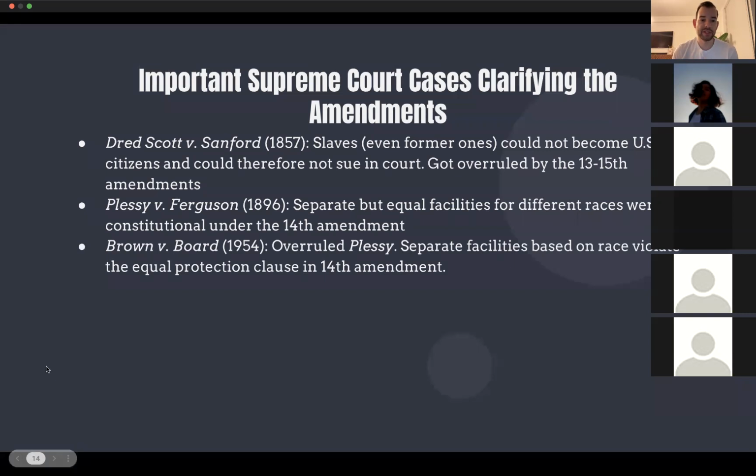That got overruled famously in Brown versus the Board in 1954. This decision says that separate facilities based on race can never be equal. It was a school decision. A young girl named Linda Brown lived right next to an elementary school that was for whites only. She was forced to take a bus miles away to go to a school that was for blacks only. Her mother, her father, and the NAACP, including famously Thurgood Marshall, who was an attorney at the time for the NAACP, sued the Board of Education of Topeka, Kansas, and they won.